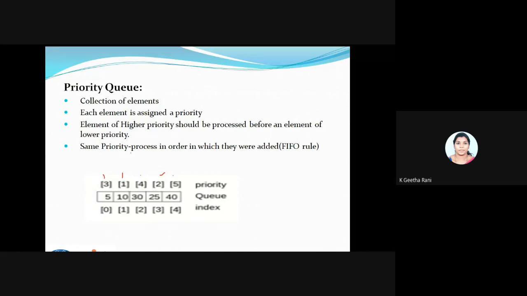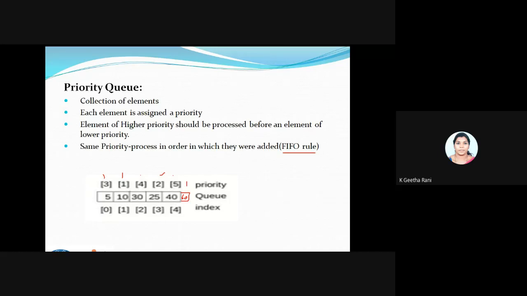We have one more point here, the last point: same priority elements are processed in the order in which they were added. For example, if two elements have the same priority, assume I'm having one more element here, 60, and the priority for this element is 1. In that situation, our insertion or deletion will occur according to the first in first out rule, or queue rule.